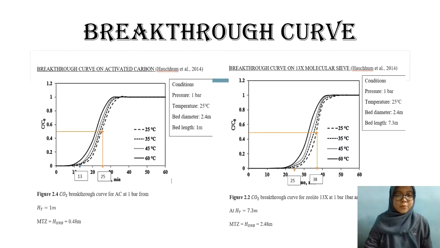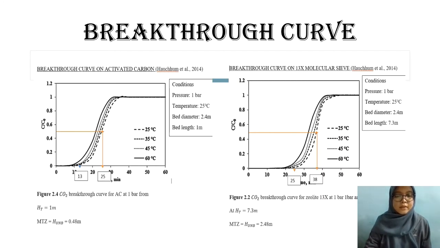Moving on to the next point, the breakthrough curve. A breakthrough curve shows the ratio of the outlet concentration and the influent concentration against the contact time at atmospheric pressure and at a temperature. The mass transfer zone, MTZ, in a packed bed system is defined as the zone of the packed column where the active adsorption happens. Since all three adsorbents have the highest equilibrium adsorption for carbon dioxide, the breakthrough curve for